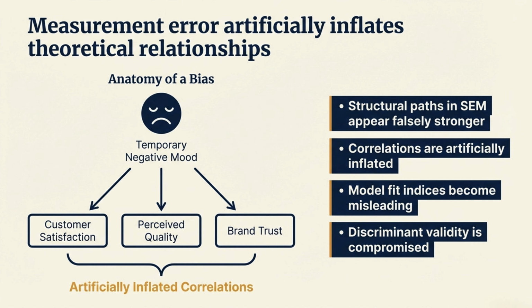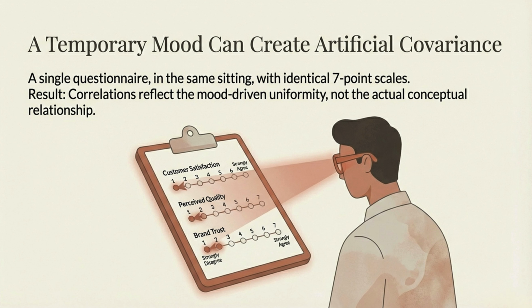Consider an example scenario: a study on customer satisfaction, perceived quality, or brand trust, where all are assessed using 7-point Likert scales in a single questionnaire in the same sitting, with similar agreement-based wordings for all the questions. Your respondent in a temporary negative mood may score all three constructs low, and the resulting correlation among these variables may partly reflect mood-driven uniformity rather than actual conceptual